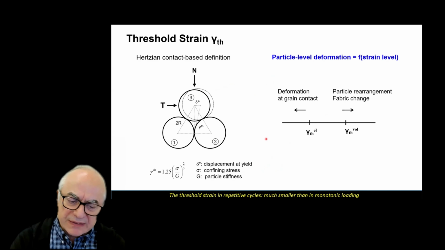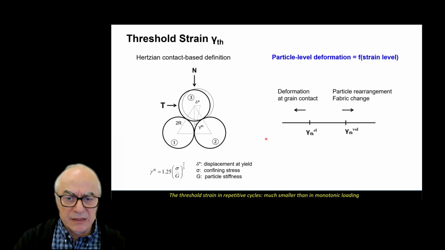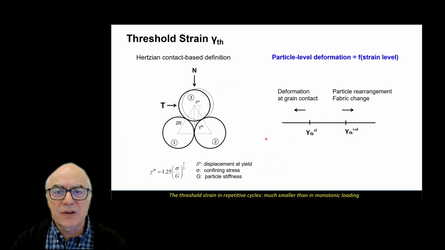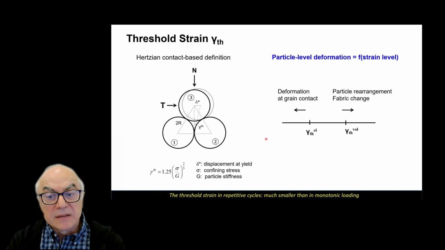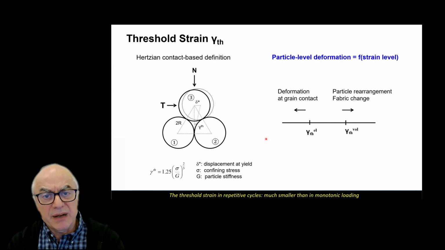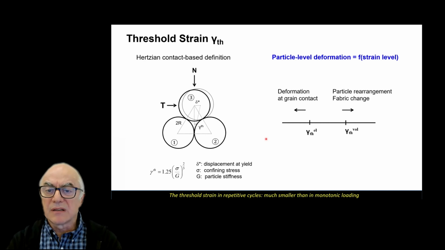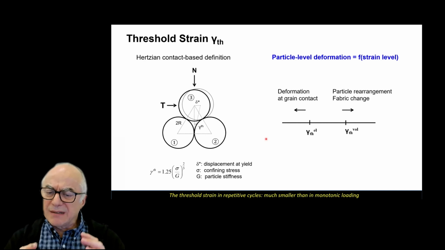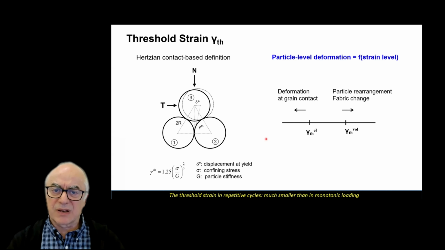If you go back to the previous slides and you see the amount of strain that is taking place and the accumulation of volumetric strain, you have to wonder how is this related to the typical concepts of threshold strain used in earthquake engineering, from Mishihara to Vucetich and Dobry, for example. Well, to our surprise, the deformation that is taking place is much, much smaller than the elastic threshold strain that was anticipated for sands. In other words, there is accumulation of plastic strain even under very small elastic strains imposed